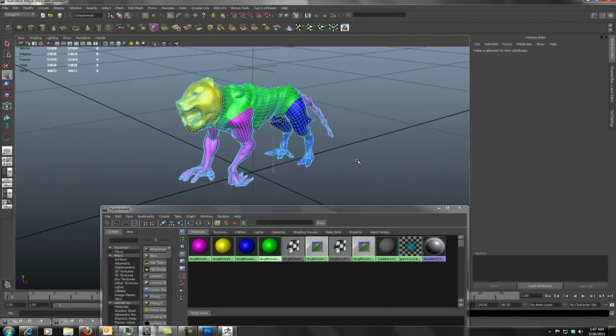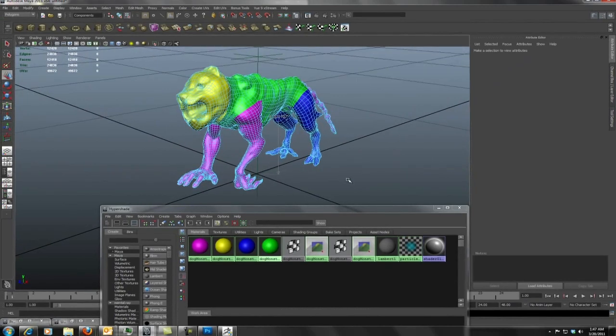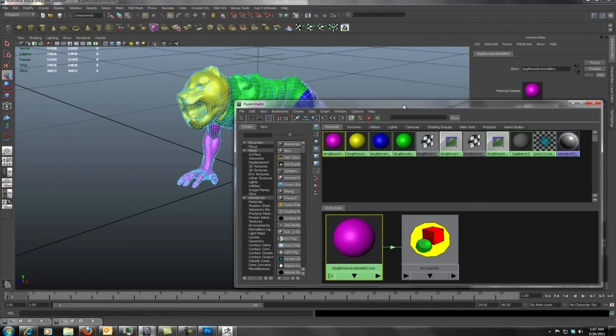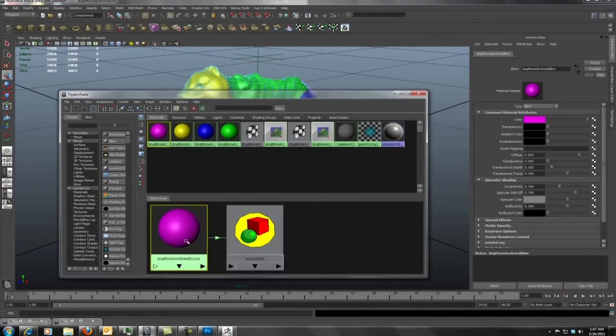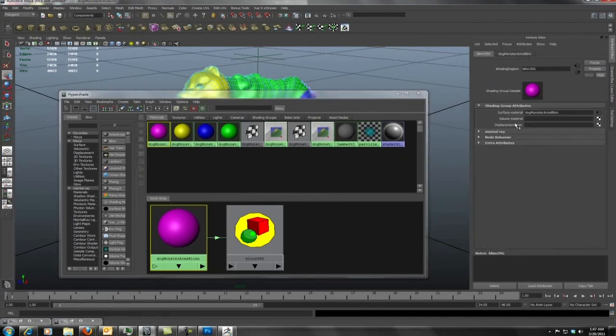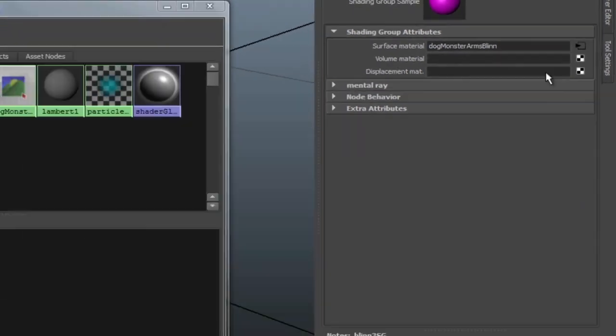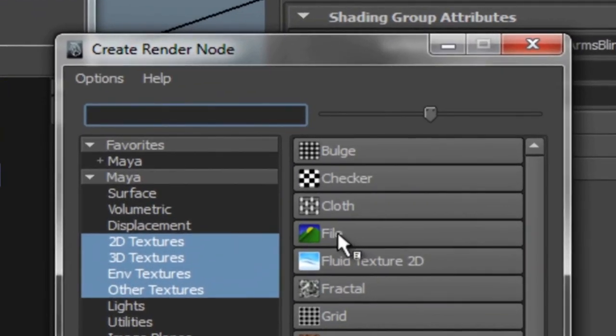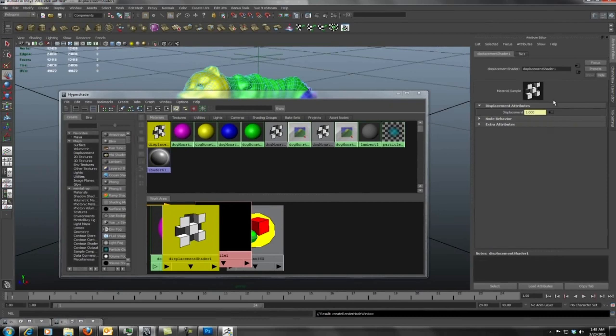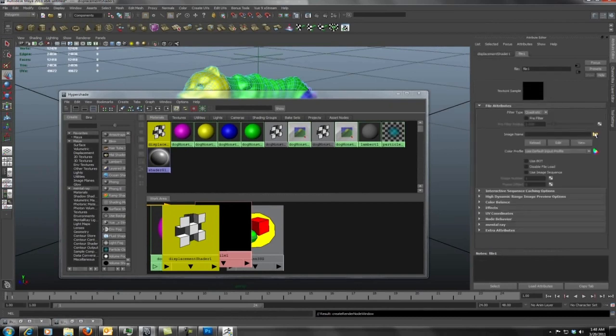Okay, so next thing we need to do is set up the displacements. So if you map this out, the funny thing about displacements is that they actually don't go here on the shader. They go over here to the shading engine. So we click here, and we're going to add a file texture to that. And of course, that file texture will be